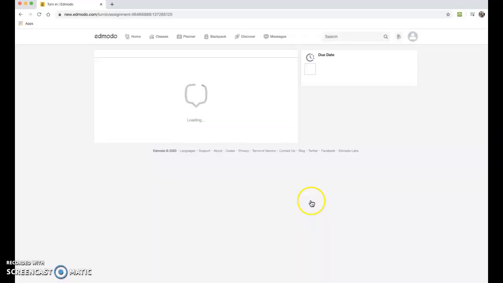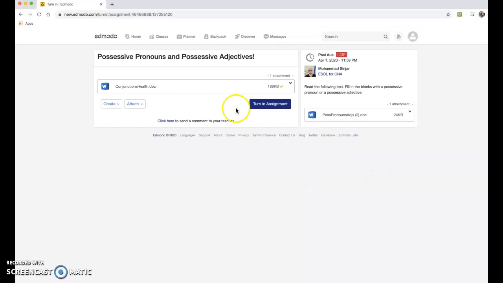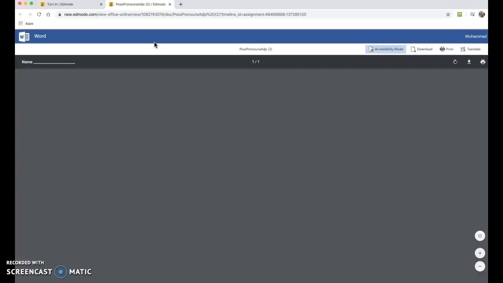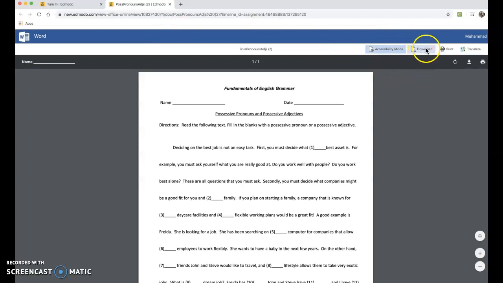I need to open the assignment, and usually it opens this way. So you have a document here. If I click on the document, it opens a new tab. In normal cases, this will allow you to download. This is normally, but I know some of you don't have that feature. So what should I do? Since I cannot download,